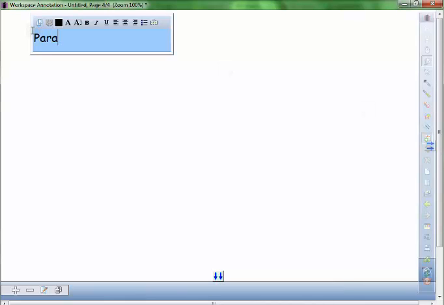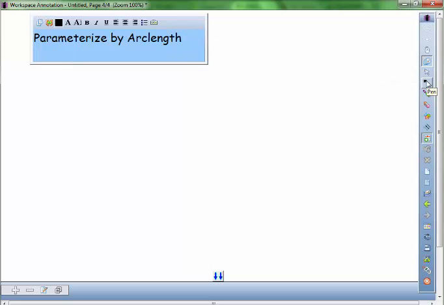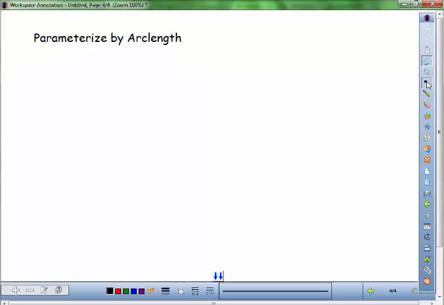The idea behind this special parameterization, I keep calling it special parameterization. Why don't I just say what it is? This is called parameterized by arc length. So this special parameterization is called parametrizing it by arc length. Okay, and what that means is that